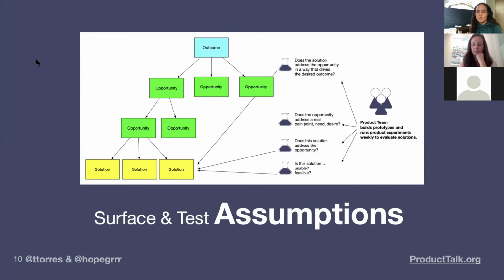If we can take the time to surface the underlying assumptions, what needs to be true for this idea to work, we tend to see assumptions fall into categories. Desirability: why are we assuming people want this? Usability: what are we assuming people are able to do? Will they understand it? Can they find it? Viability: is it good for our business to build this? Is the effort worth the reward? We also like to look at